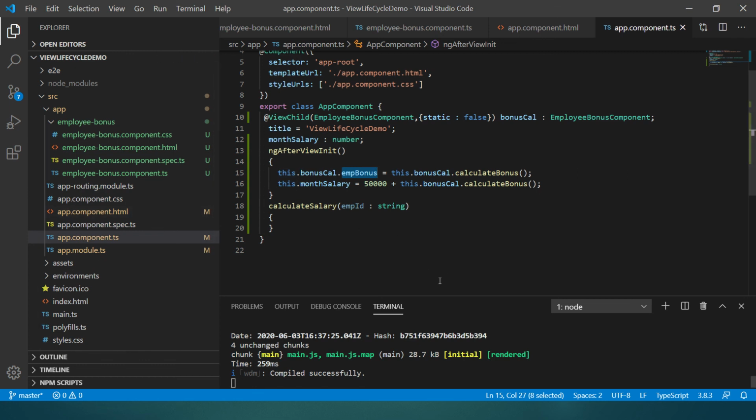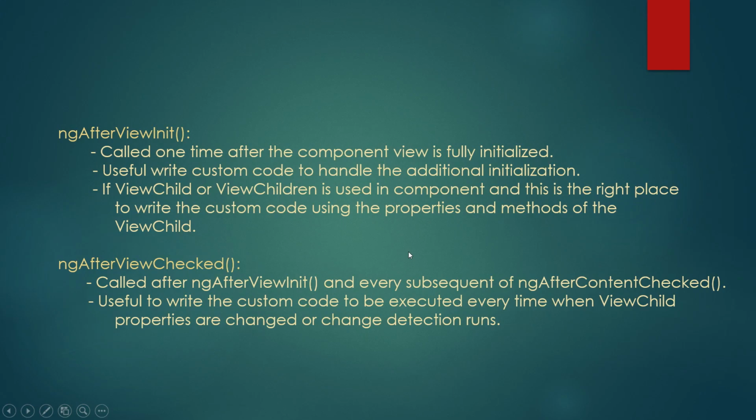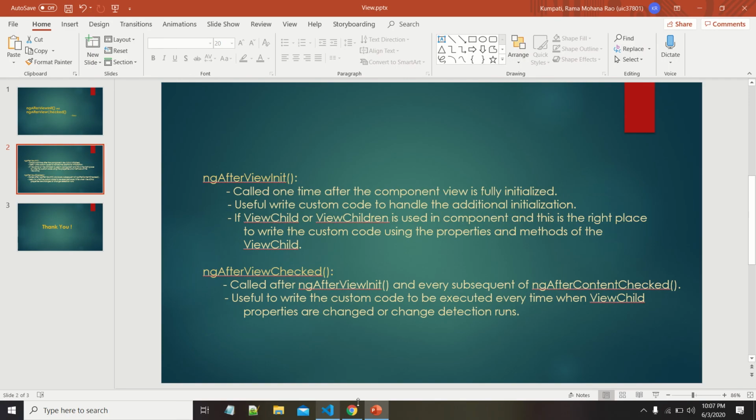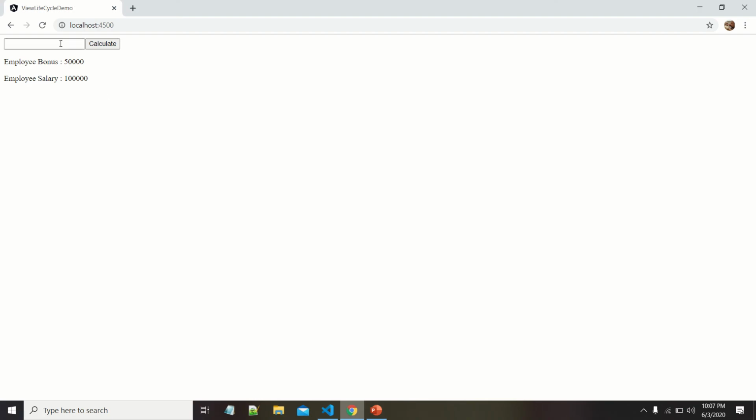Yes, we can see that the employee bonus is 50,000 and the monthly salary of the employee is 1 lakh. If I give EMP01 and click on this, then the bonus should change to 30,000 and the employee salary should be 80,000.